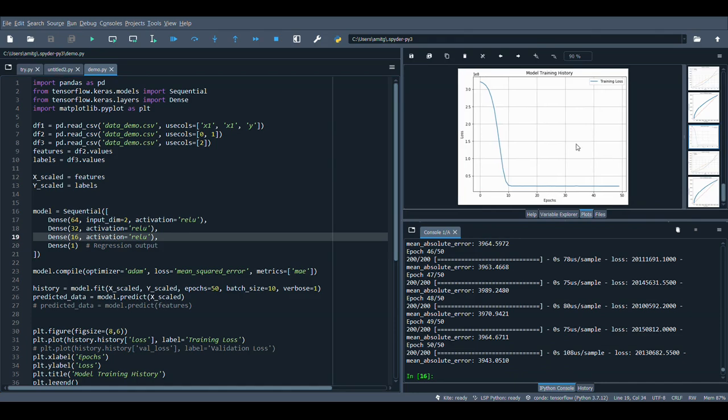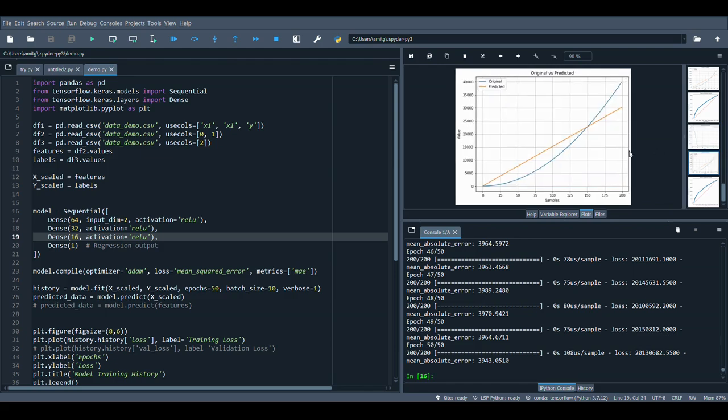what is the model training. So you can see the training, the loss is very high because it is 1 into e to the power 8, and as the number of epochs is increasing, the loss is decreasing, but still it is very high. And as far as the prediction is concerned, you can see that the original is the blue line, which is y is equal to x square line, and the predicted value, the orange line, is a straight line, so it